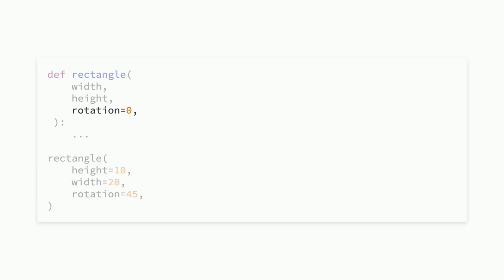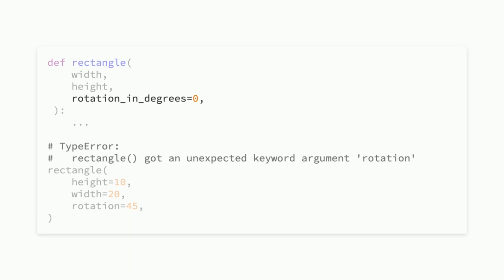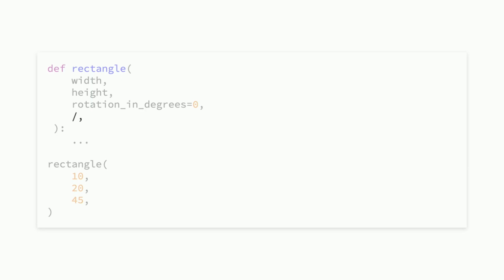The first is apparent if we had to refactor our function and change the name of our parameters. For example, we may want to change the specification and be more specific that rotation should be in degrees and not radians. If we updated the name of our parameter, now any calls that pass in the rotation argument would now fail if they're used as keyword arguments. Thus, by enforcing that a parameter like rotation can only be passed in as a positional argument, this refactoring would no longer be a breaking change. With the trade-off being that our functions now couldn't use keyword arguments anymore. So, there's always a trade-off.